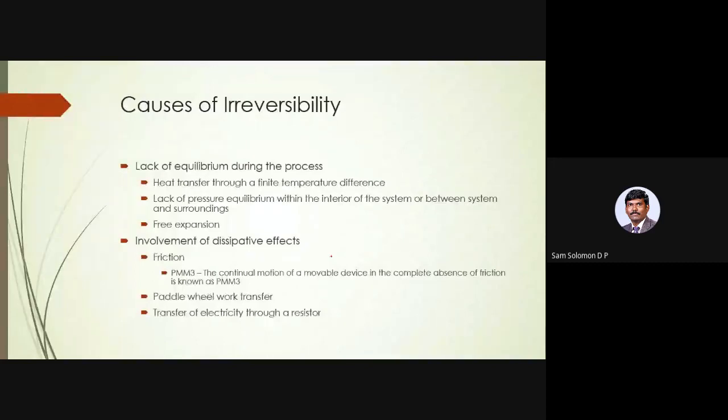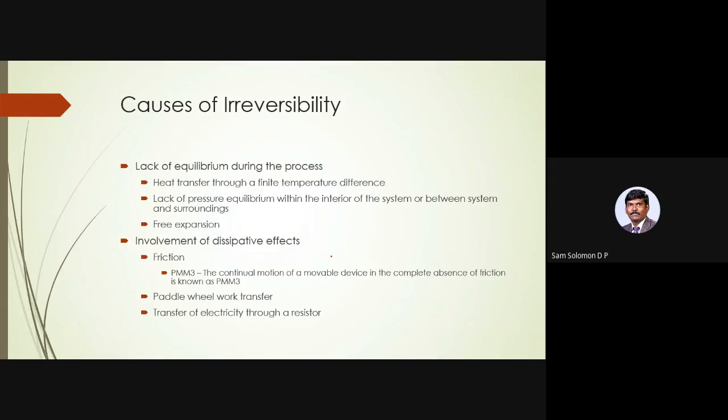In fact, it is spontaneous, but it is a free expansion where it does not do any work. In case of a cylinder piston arrangement, you have got work done against the piston. The gases are doing work against the piston, pushing the piston upwards. So in free expansion, you don't have that. And once you have that free expansion, it is not going to go back to the compartment. When I introduce the compartment again, the air is not going to get pushed back to that compartment, and it is not going to get evacuated on its own. So that is not at all possible. So that is also an irreversibility.